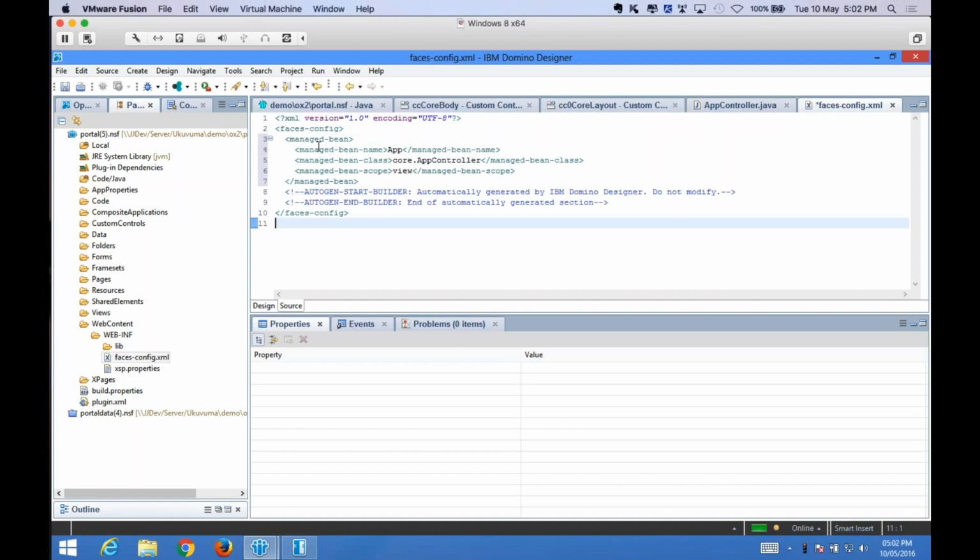And if you see this, you'll see that I have a managed bean called app. It connects to my core.ApplicationController, and it has a scope of view. Because we never use any other XPages and we always stay on the one XPage, we don't need to change the scope or make it session or application. We can just keep it as view. So if I save this,